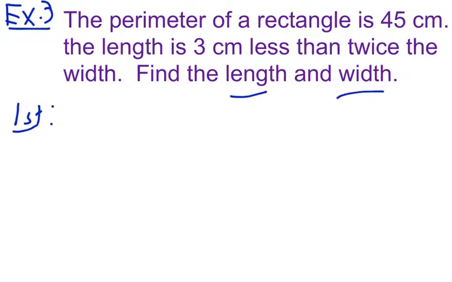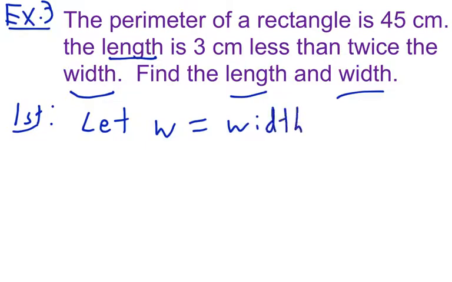But if you look a little more carefully, it says the length is, so that tells us the length is 3 centimeters less than twice the width. Notice that the length is defined in terms of the width. So in other words, if we let W stand for the width of the rectangle, then whenever we write the expression for length, and I'll go ahead and show you, the length is going to be,